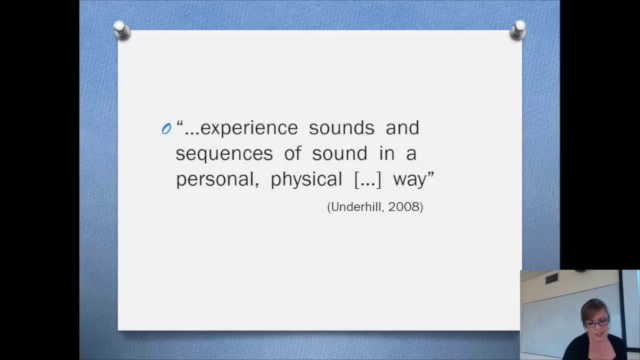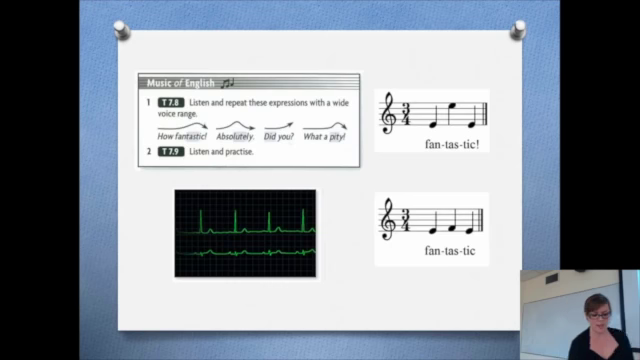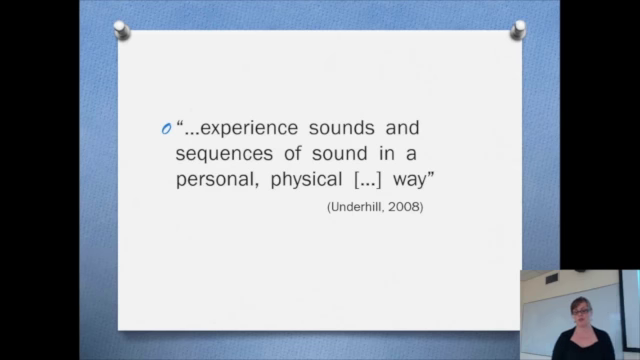But we need to make it more than that. I think I was kind of slightly unsatisfied with that. So again, I went to the expert, Adrian Underhill, who says that we should experience sounds and sequences of sound in a personal, physical way. So looking at how we can make it physical,